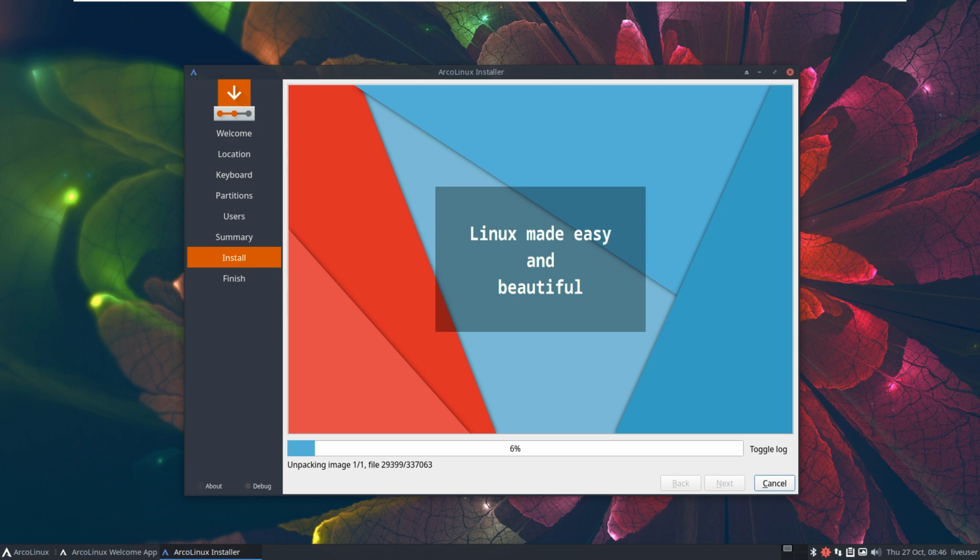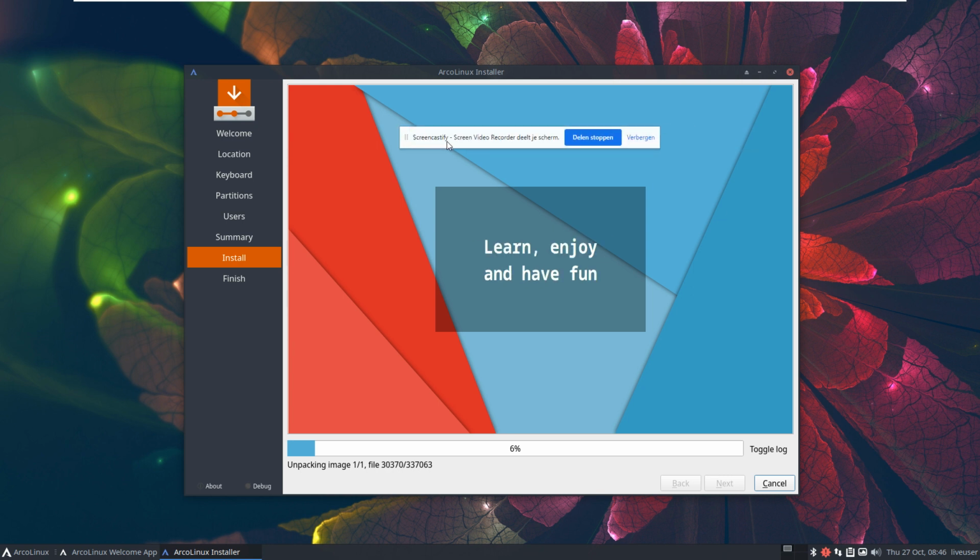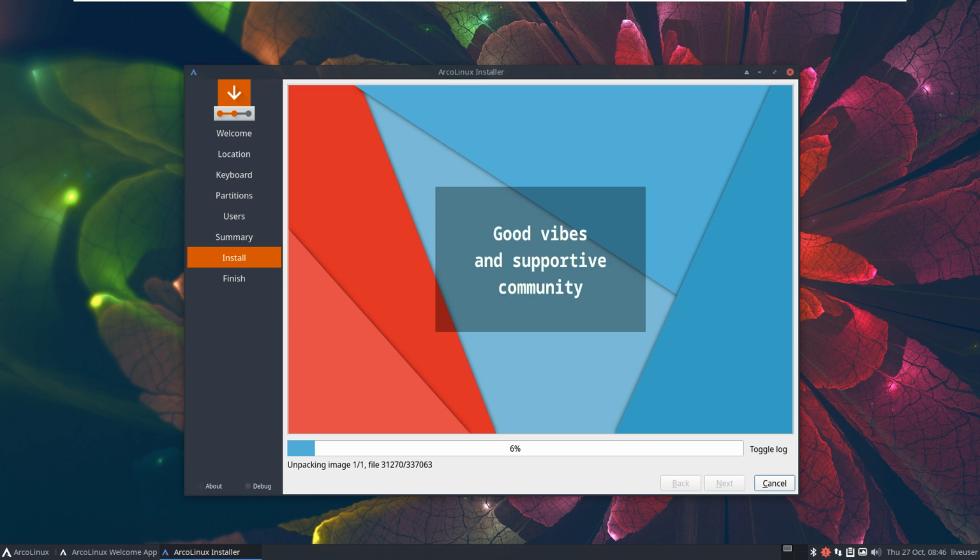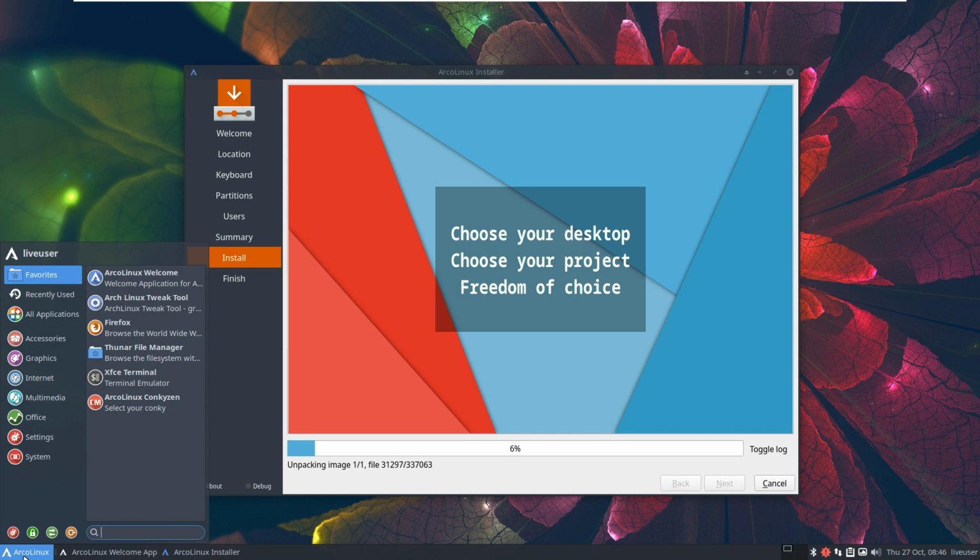the thing I'm working with, which is actually interesting for you to know, there's a plugin called Screencastify, Screen Video Recorder, that shares your screen, right? But I can't pause it, right? So we have to keep talking, and that's never been an issue for me. So, ArcoLinux XS,